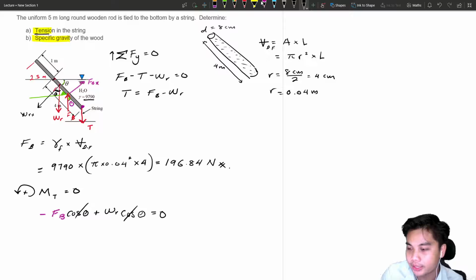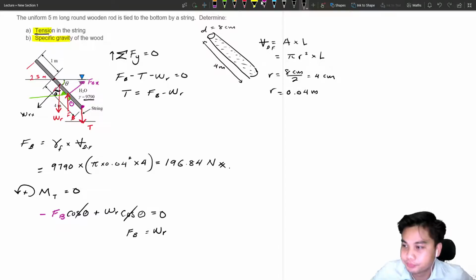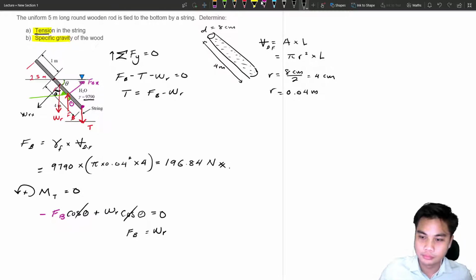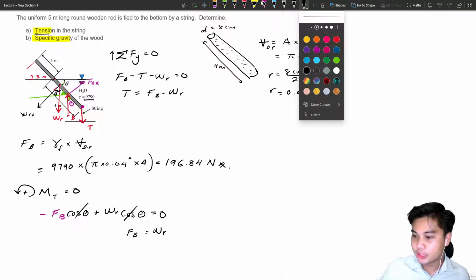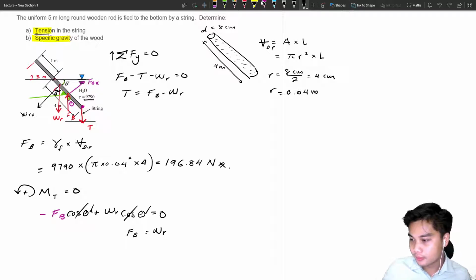So cos with cos we can cancel, and what we are left with here is FB equal to the weight of the rod. So we have this one. For this part, you need to make sure you multiply with the